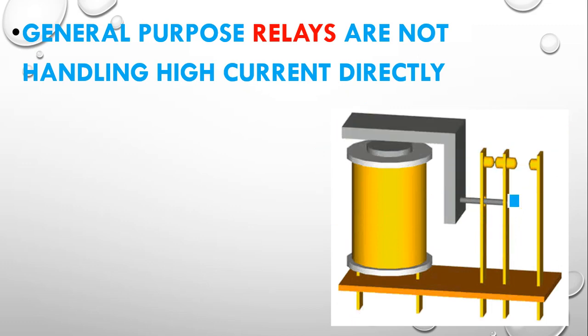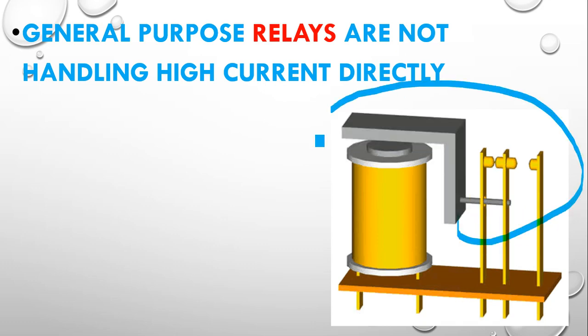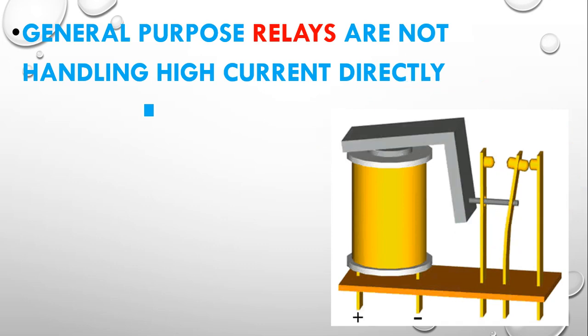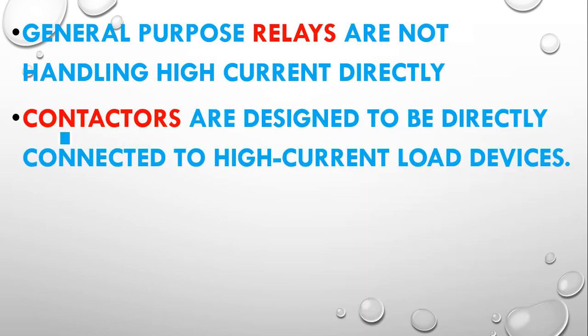Normally closed contact will be open up, and normally open contact will be closing down. This is the same thing as a contactor, but relays are not used for high current capacities. They are generally used for signal applications or low current applications. When high current applications are required, such as high power motors or high current load devices, we will be using a contactor.